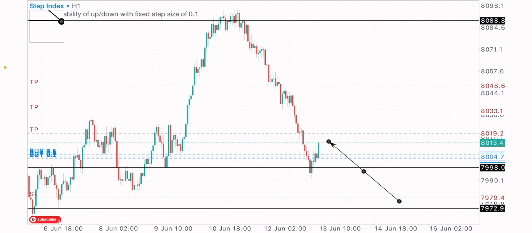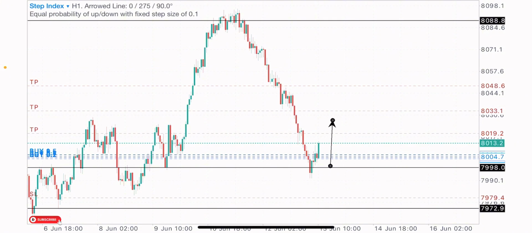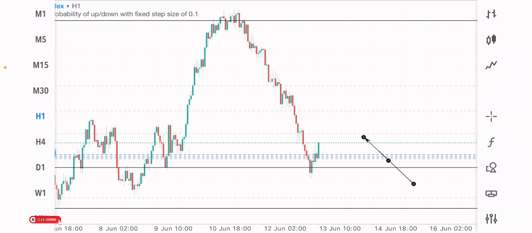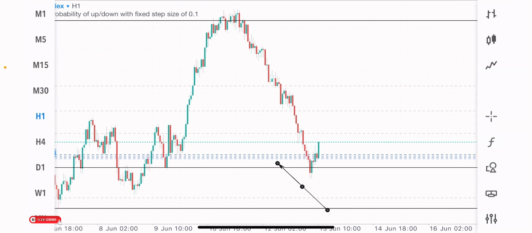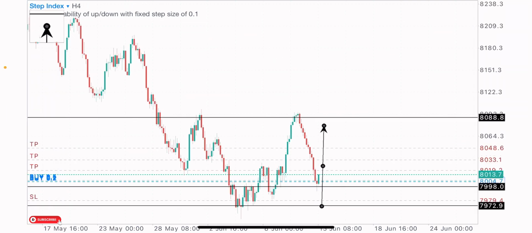Basically, I've closed about $270 in profit on these buys, which was my first entry partial profits. So from my entry at this point, you're moving over $300 in profit, and I'm expecting more buys on step index. So what's my view on this index? What's the market analysis? How did I know this index is going to buy from this zone? Why did I expect the buys on step index? So here in today's video, I'll be sharing with you guys my view on this index.